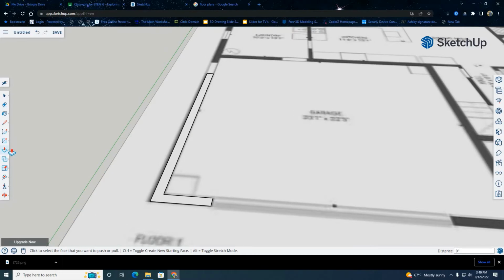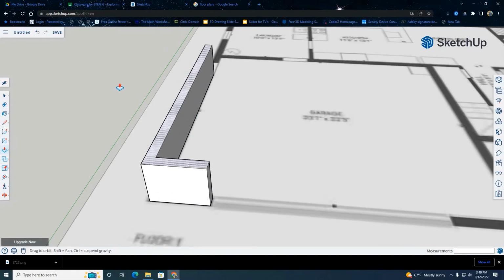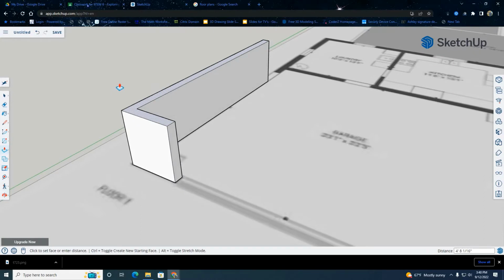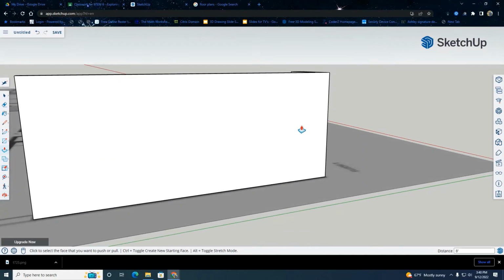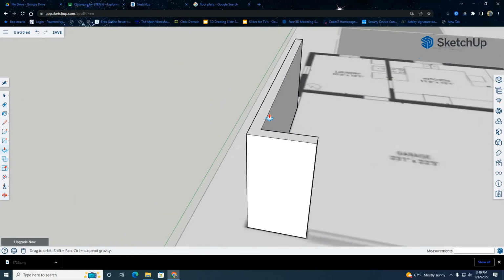So I have the push and pull tool and I'm going to bring that up, and at this point you have to determine if you have 8-foot walls, 9-foot walls. Just for this demo, I'm just going to say 8-foot walls. So I'm going to type in 8, enter. And boom, we got our first wall. So I'm gonna